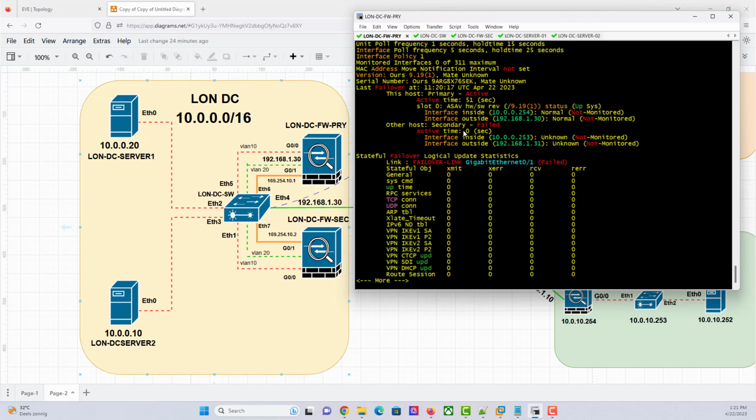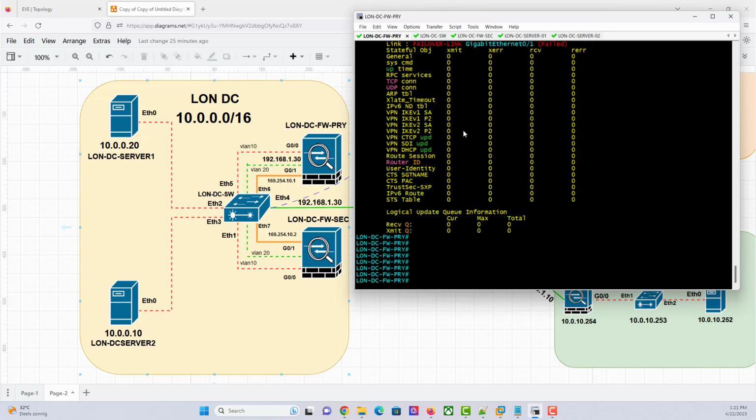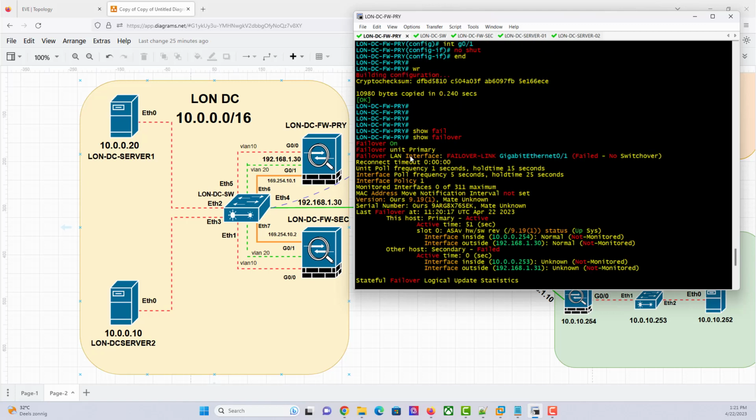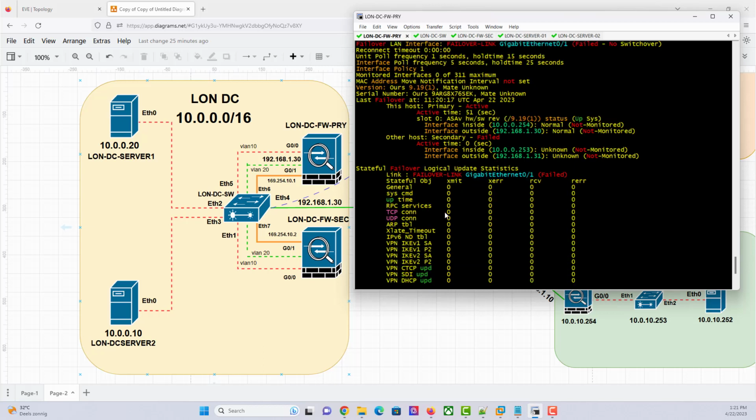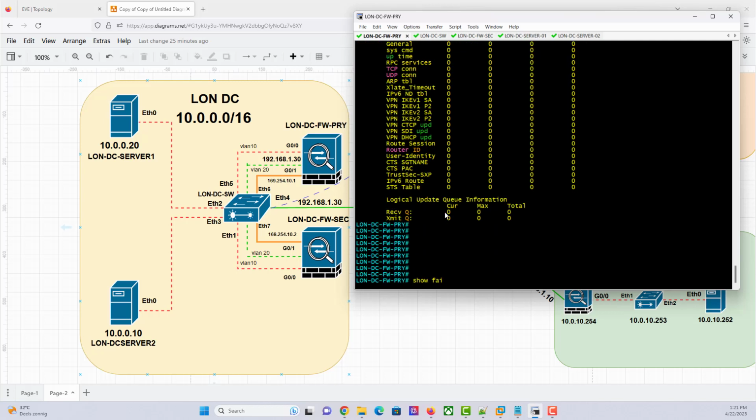Okay. What does that mean? Let's see. So if we say show failover,